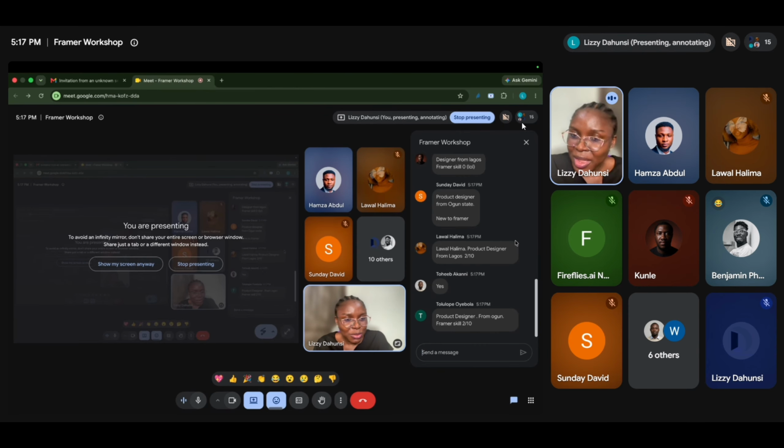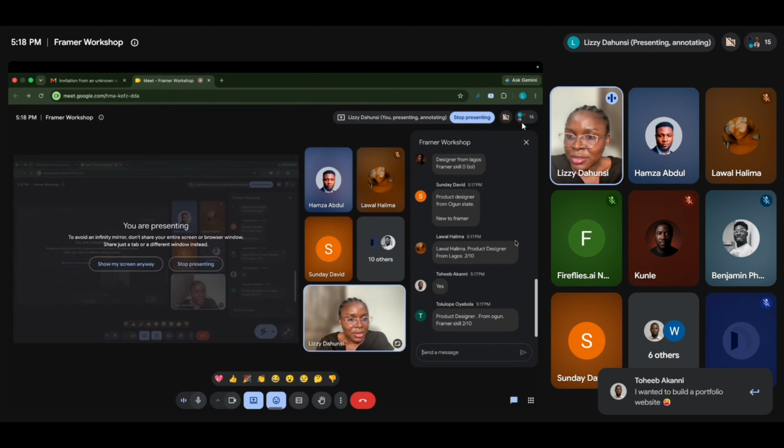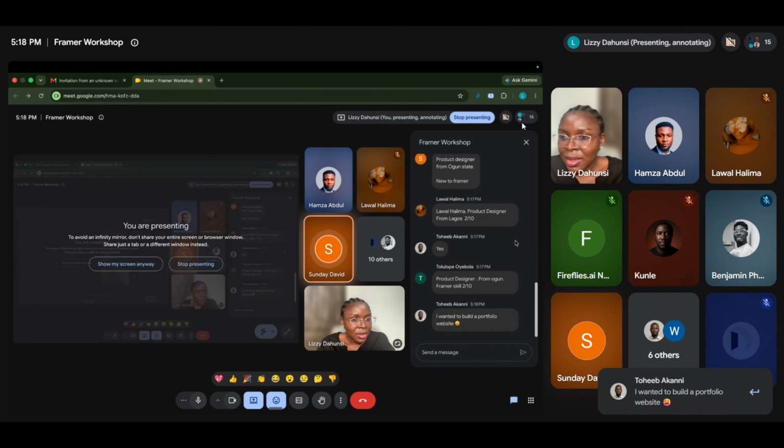I think this one will require us to unmute your mic if you want to, and if you don't want to, you can just type it in the chat. The next question is, what is one thing that you tried to do in Figma and you completely gave up? Maybe you were using it before and then just stopped. David, I've not seen your message in this chat. So what's that thing? My message is there now.